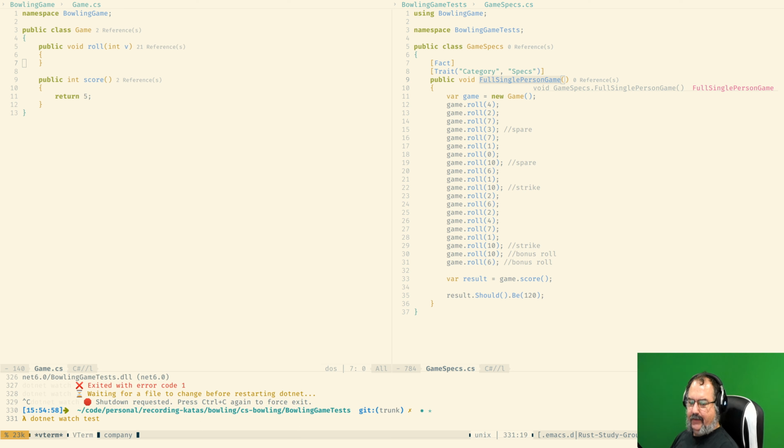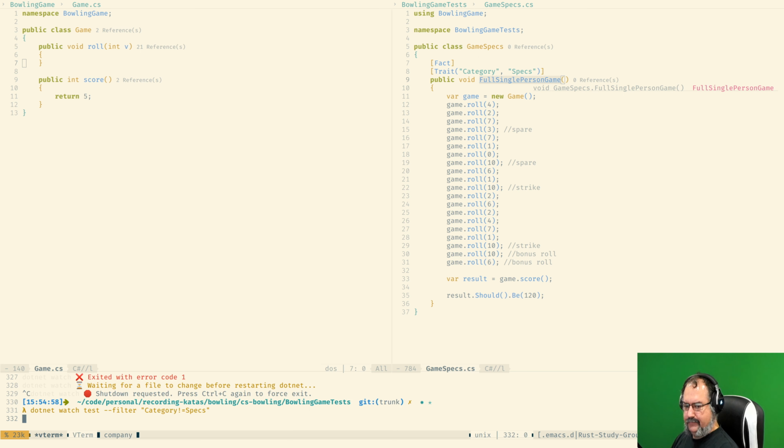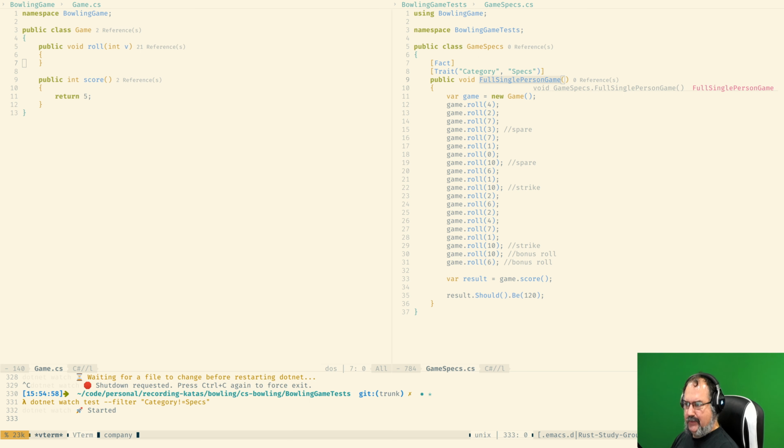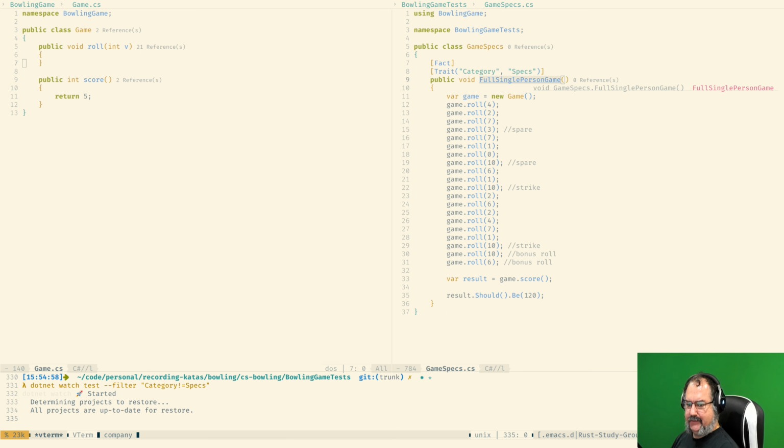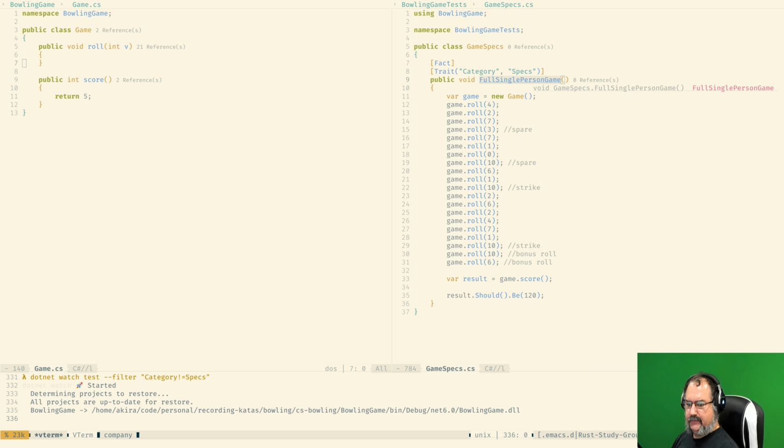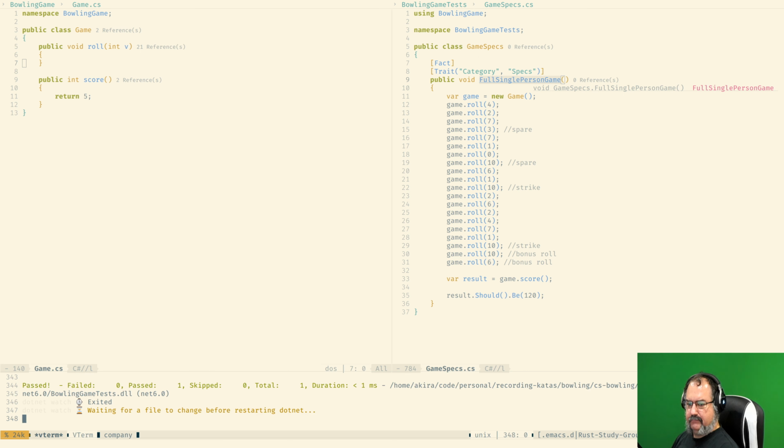Then the interesting part is that we can do a filter. When the category is not specs, and if I have put this correctly, hopefully, that should keep running that specific test. Skipping that test, we'll go to the other one.